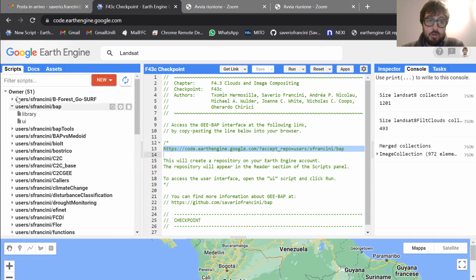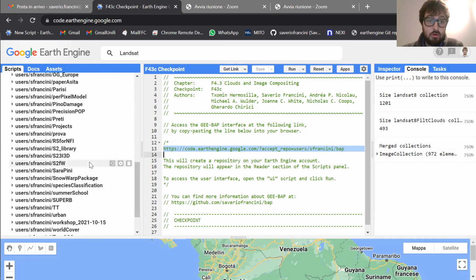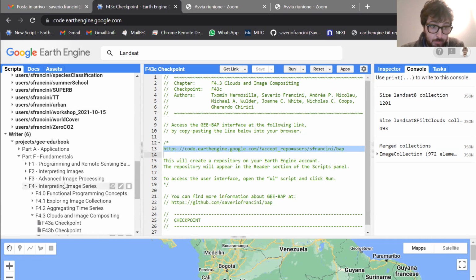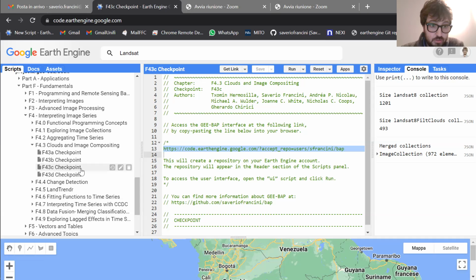That is the repository I have here. So using this link, you can access the best available pixel composite code and user interface. I'll show you very soon how the best available pixel user interface works, but wanted to show you just very